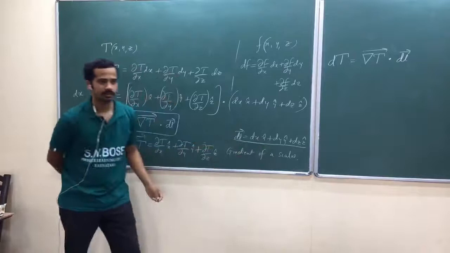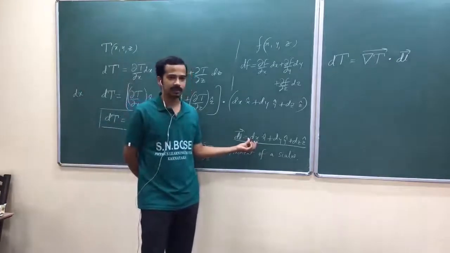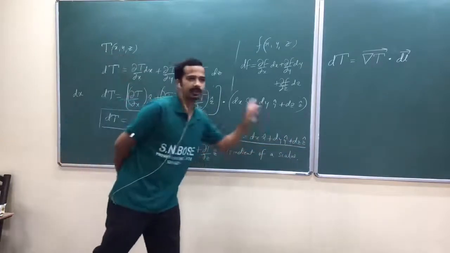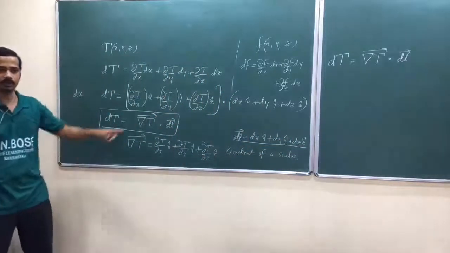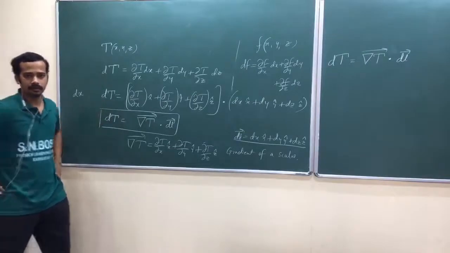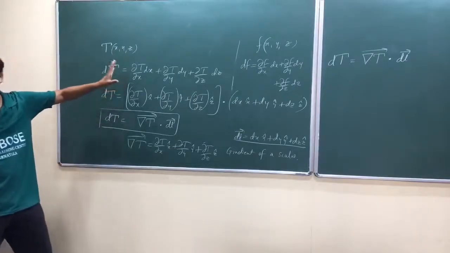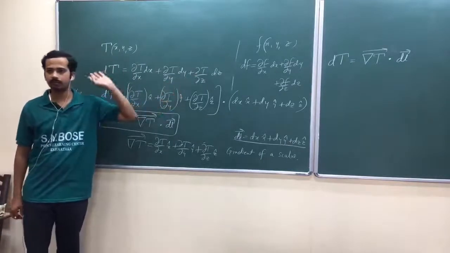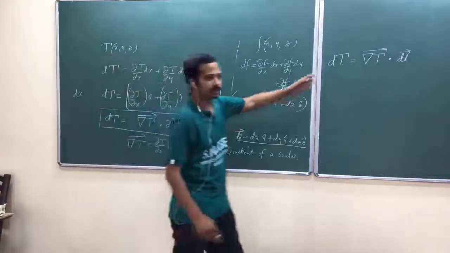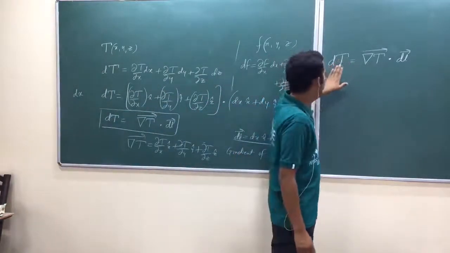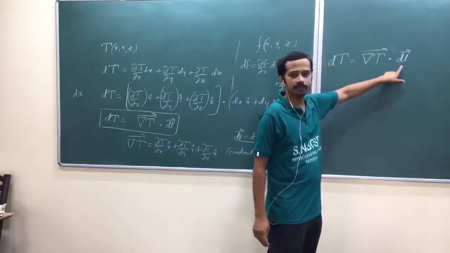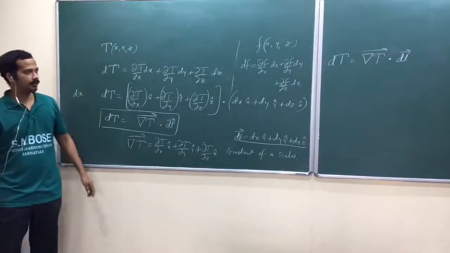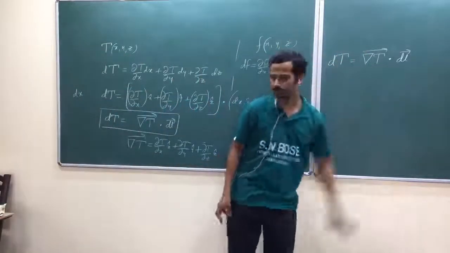Am I right? Look at here. If there is a change in x by dx, change in y by this one, change in z by this one, look at here. Now this is a displacement in space, infinitely small displacement. We are talking about that one. Is that okay? When you see this one, you are not talking about displacement in space. You are just talking about change in x, change in y, change in z in a pure scalar format. When you write this equation, this is the change in temperature when you do this much displacement in space in that particular direction, isn't it? So that's the small difference here, from here to here.